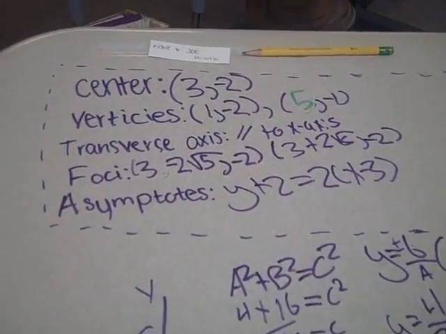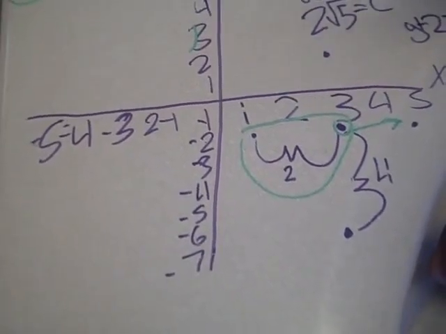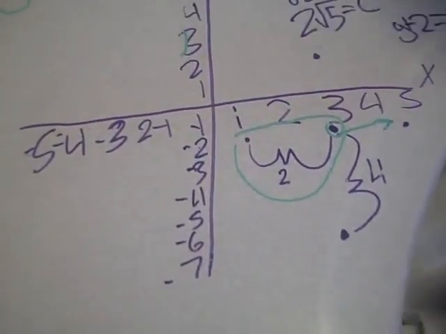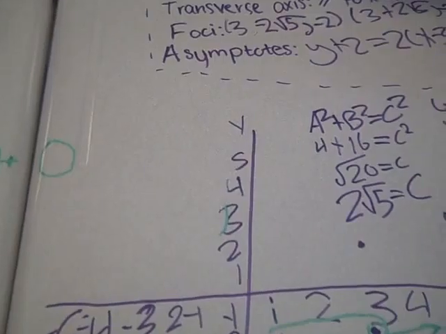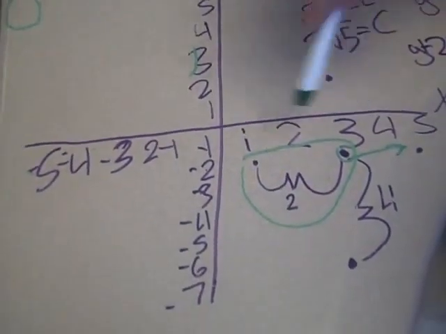And how you solve for your transverse axis, you always look at the foci, but since the foci is on the x-axis, it is parallel to the x-axis. So transverse axis is parallel to the x-axis since you look at your foci, and it's the same as the